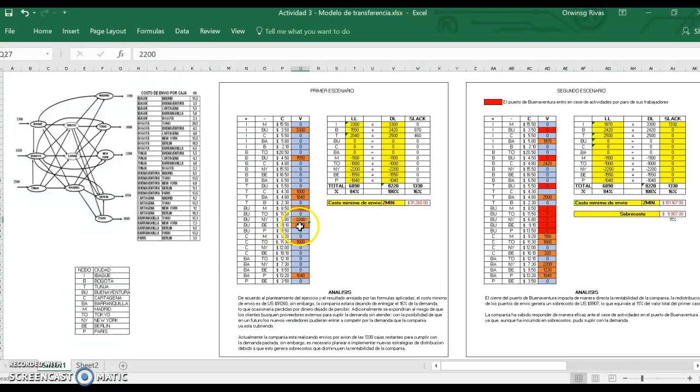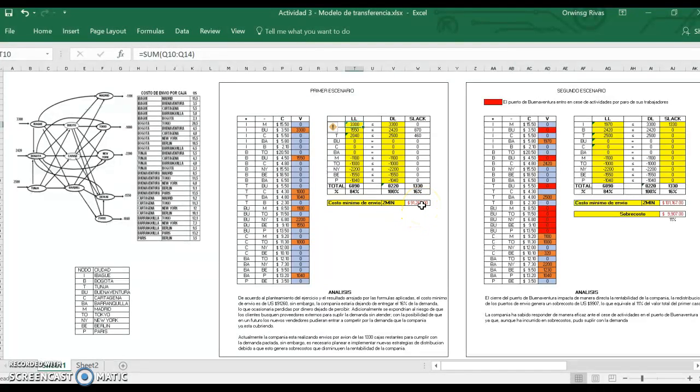And Berlin we also comply with the demand, so we have to pick Tokyo here. And from Barranquilla to Paris, because none of these send to Paris. So here is the exercise. As I explained before, we sum all the positive and subtract all the negative. So the minimum cost for this is